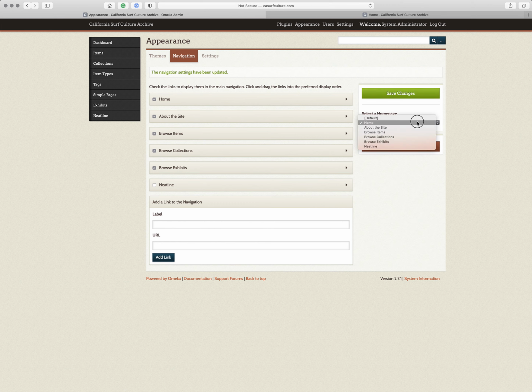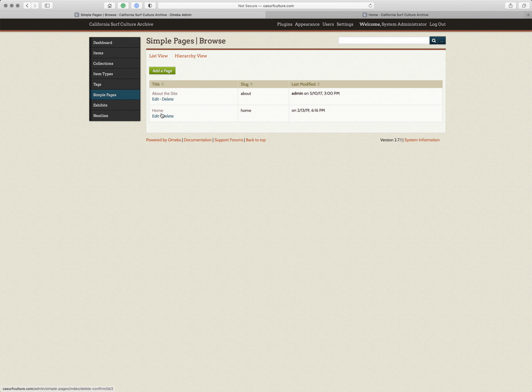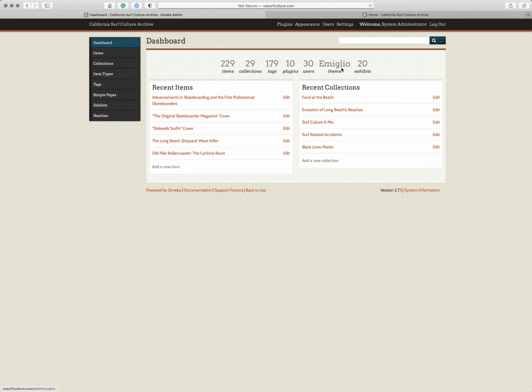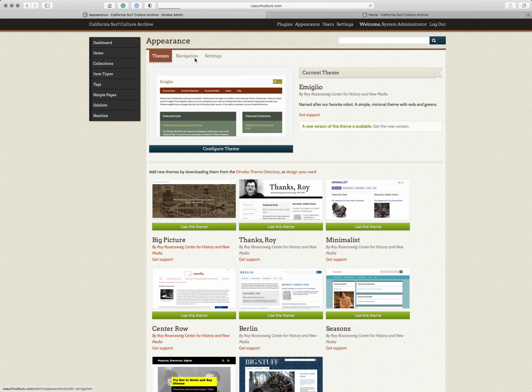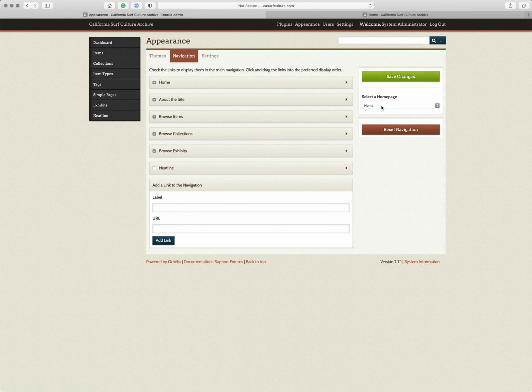In this space too, you can select which page is going to be your home page. In this archive, I've used the simple pages area here to create an about the site and a home page. And so in the theme navigation area, I'm using the home page that I created in Simple Pages to be the home page, right? And so you can add pages, or mostly what you'll see instead is browse item, browse collection, browse